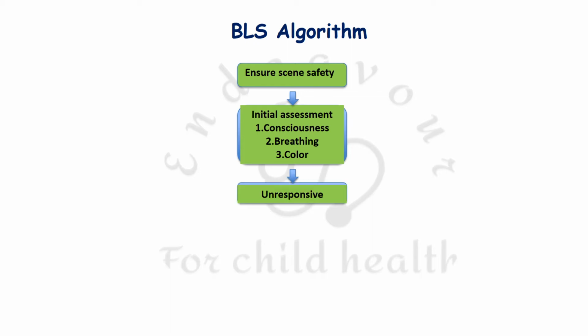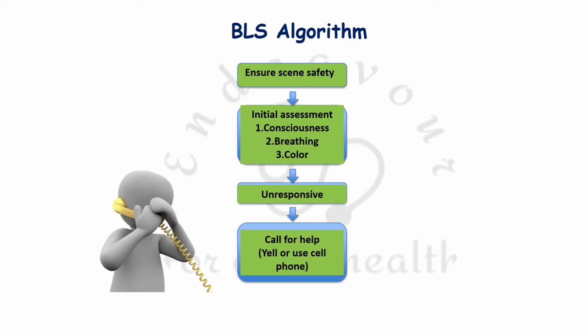These three things assessed are referred to as the initial assessment of the child. So the child is, suppose, unresponsive. An unresponsive child you encounter, the first thing you do is that you call for help. Either you shout so that you may get someone to help you, or you may use your cell phone to do so. There can be two things further on. Either the pulse of the child is more than 60 per minute, or the pulse of the child is less than 60 per minute. Now suppose the pulse of the child is more than 60 per minute but the child is unresponsive. There can again be two scenarios.